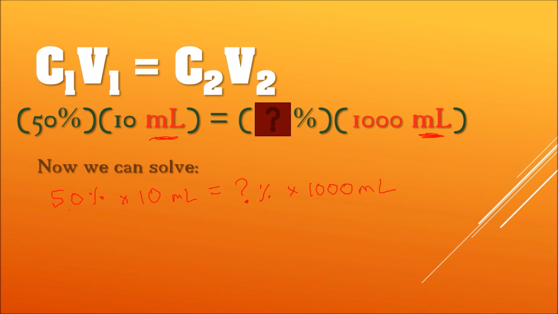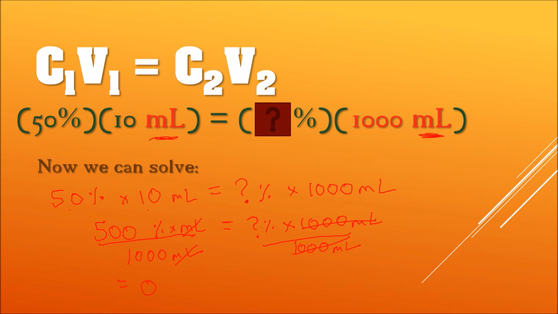So 50 times 10 is 500% times milliliters, and it's equal to, we don't know, percent times 1,000 milliliters. So we have to divide this by 1,000 milliliters so they cancel out, and we have to divide this by 1,000 milliliters. The milliliters cancel out, and 500 divided by 1,000